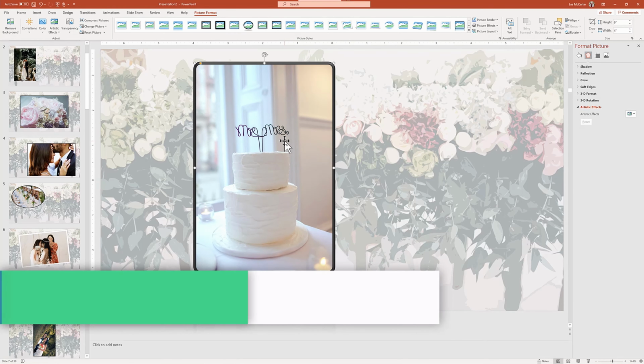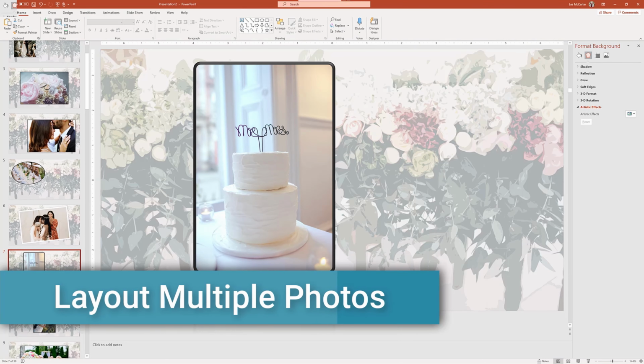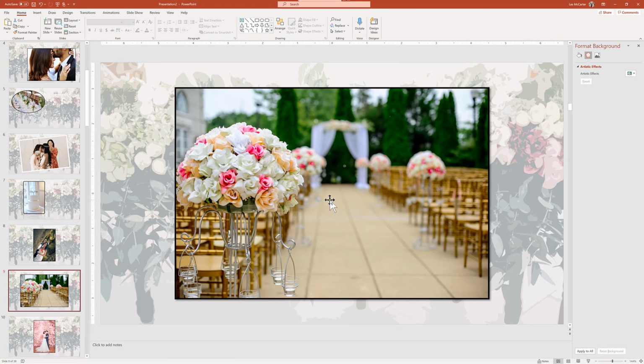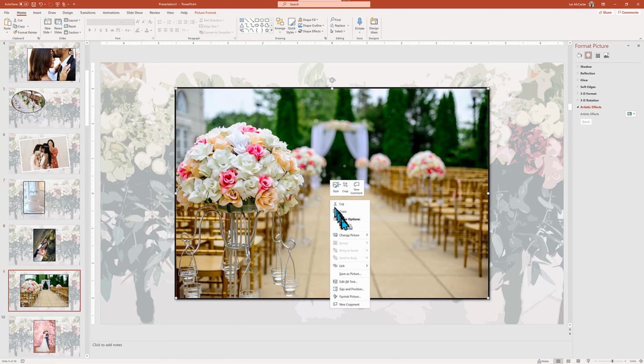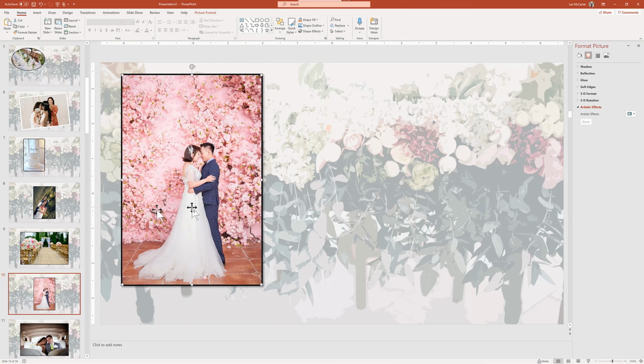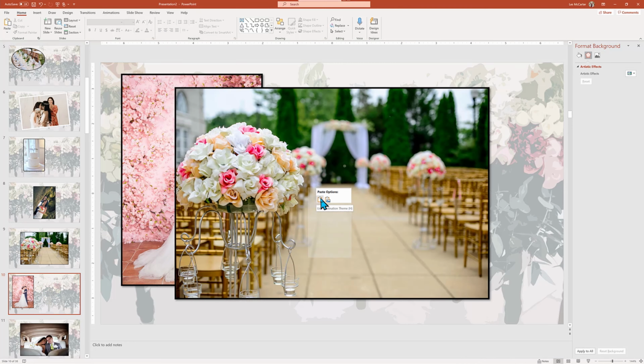Another way to add variety and visual interest is to have 2 or 3 related photos on the same slide. Let me copy one picture from one slide to another slide, and I'm going to paste it in. Starting with PowerPoint 2019, Microsoft added in the Design Ideas tool, and it always wants to help.